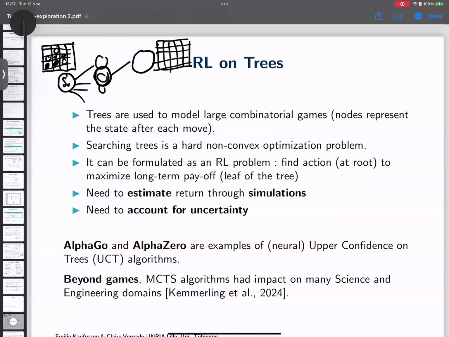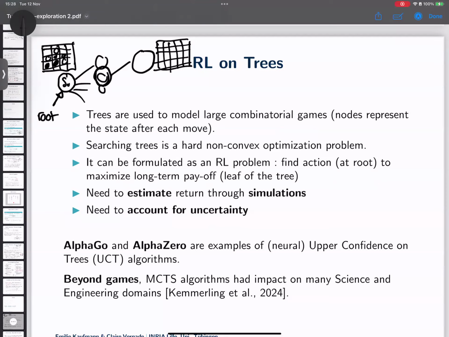At time t, I need to take an action. So in my root node, that's called the root node, I need to take an action that maximizes my reward down the line. Not right now. I'm not going to just win right now. I mean, maybe there's an action that makes me win, in which case I should figure it out. But in this kind of problem, this is not interesting because if I take an action, I know exactly the next state. And if there's one that is winning for me, I know it. It's not a random variable.